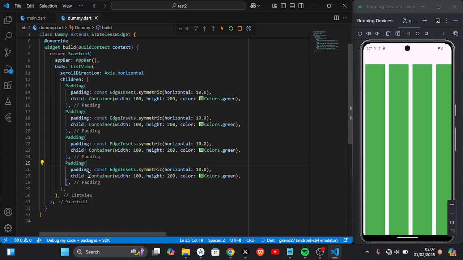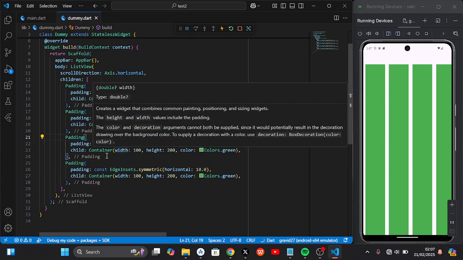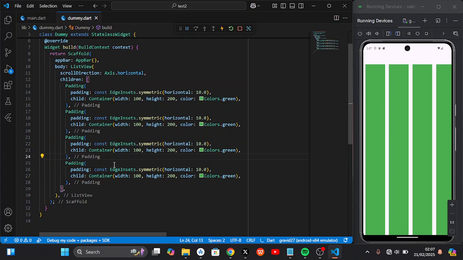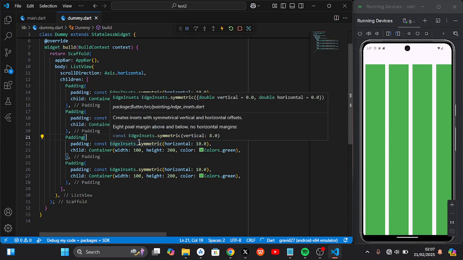In the last video we had to copy this code, right? Already it's a lot. If you have to write the same widgets over and over again, it's not healthy for your application. Apart from that, we had to do this over and over again. Now in a real world app,